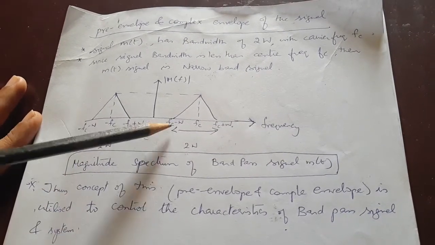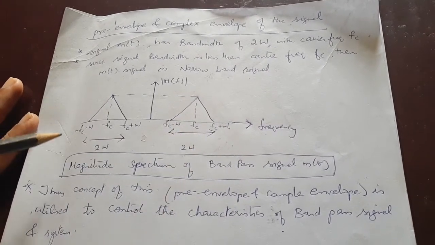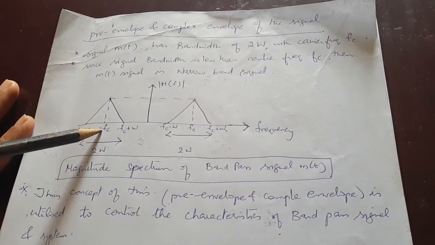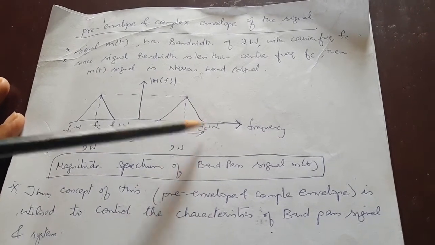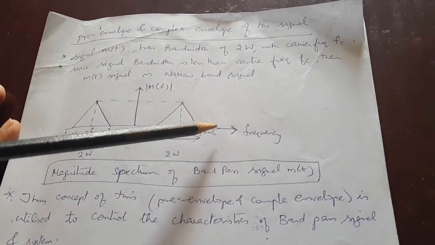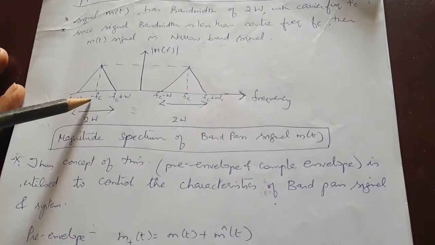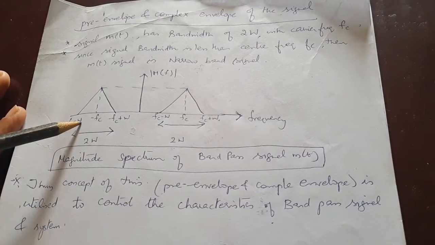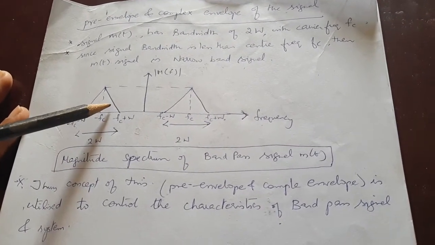It is a band pass signal, so you will have two outputs. One is on the upper sideband, the next one is on the lower sideband. Each of the signal will have a center carrier frequency Fc. So Fc plus W upper sideband and Fc minus W lower sideband on the positive side of your frequency, and in your negative frequency range we have minus Fc as center point, minus Fc plus W, minus Fc minus W. So this is lower sideband, this is upper sideband of this particular signal input.